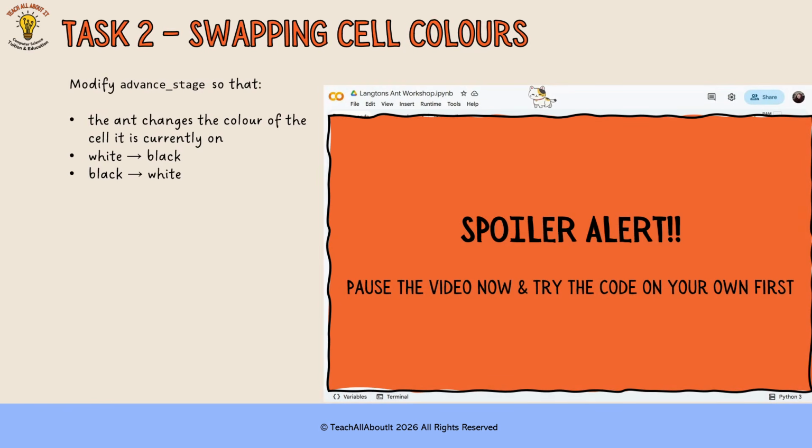So task 2 is where you really get into the algorithm itself. What we're doing is swapping the cell colours. That means we're going to be looking at advanced stage within the simulation class. You're going to find advanced stage, look at that method, and adjust it so that the ant changes the colour of the cell